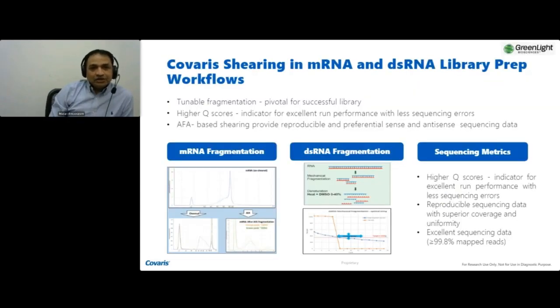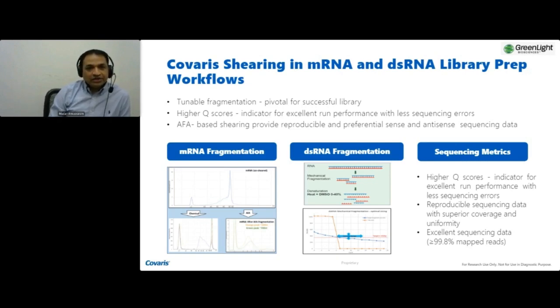Here is one of the case studies from our customer and collaborator. Greenlight Biosciences have used AFA-based fragmentation for the mRNA and double-stranded RNA library prep workflows. The key takeaways from this study are that they have obtained successful and consistent reproducible fragmentation using a single fragmentation protocol, which is pivotal for successful QC and library prep of high throughput workflows, and also have obtained excellent sequencing data,